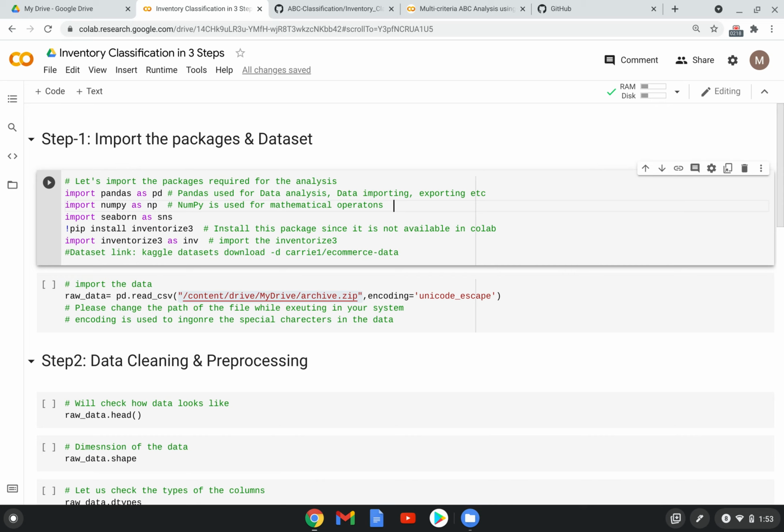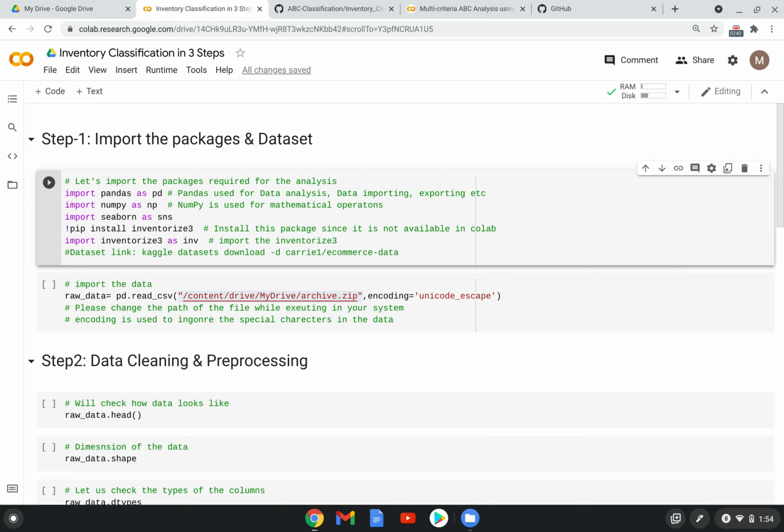I'm going to give the complete code and the data set through the description. In the description, I have provided the link. Through that, you can access the complete code and also the data set. Right. Let's jump into the analysis.